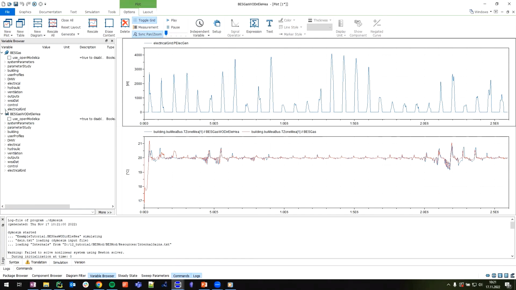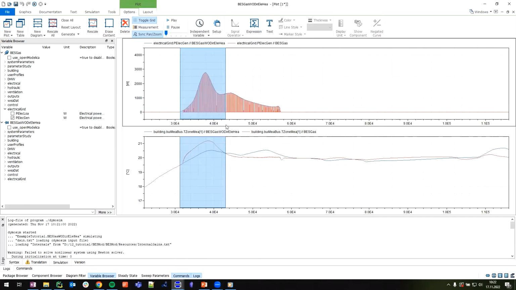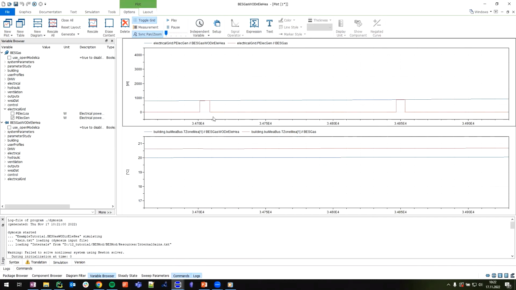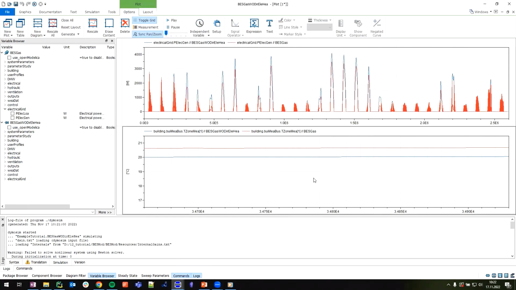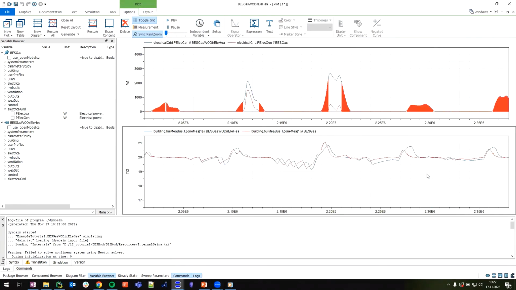I will quickly plot the electricity we generate. We can definitely see that sometimes we only for a short period use the electricity, and for other periods we don't use it and feed it into the grid. But I guess the best part shows it in here. We can clearly see how the results